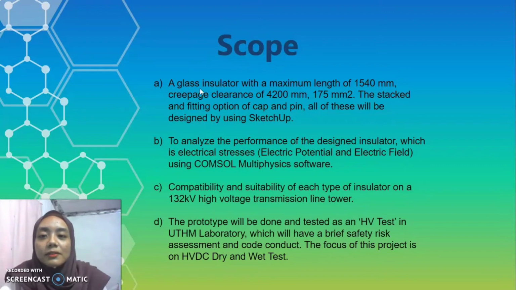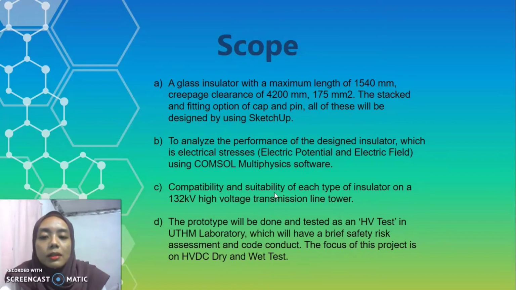Next, for the scope is firstly a glass insulator with a maximum length of 1540 mm, with pitch clearance of 4200 mm, 175 mm squared, the staggered and fitting option of cap and pin, and all of this will be designed by using SketchUp. Next, to analyze the performance of the designed insulator, which is the electrical stress or electric potential and the electric field by using COMSOL Multiphysics software. Thirdly, the